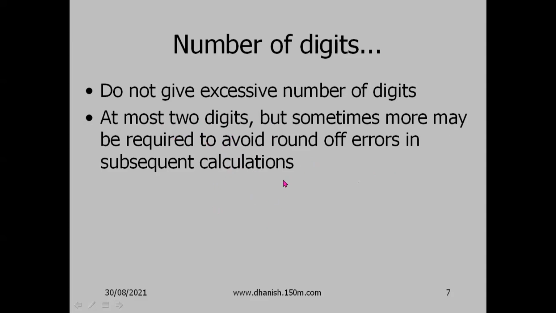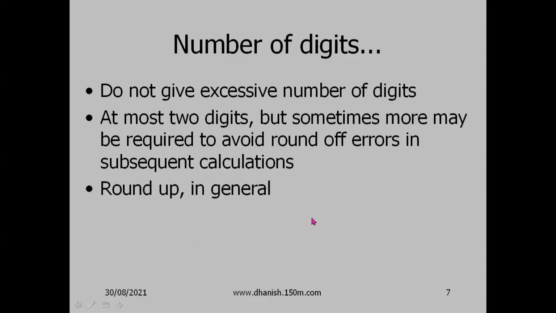For example, if you are measuring the weight of medicine in a bottle, you measure the weight of medicine plus bottle, and you measure the weight of bottle alone, and you find the difference. Since the weight of the bottle is high, the weight of the medicine will be small. When you take the difference, the number of digits in the difference will be very much less. So for that difference, the uncertainty should be 2 digits. So you have to be careful about that. Regression also has that problem. When you calculate the residuals, you should get at least 2 digits for each residual. Otherwise your residuals will not be correct.